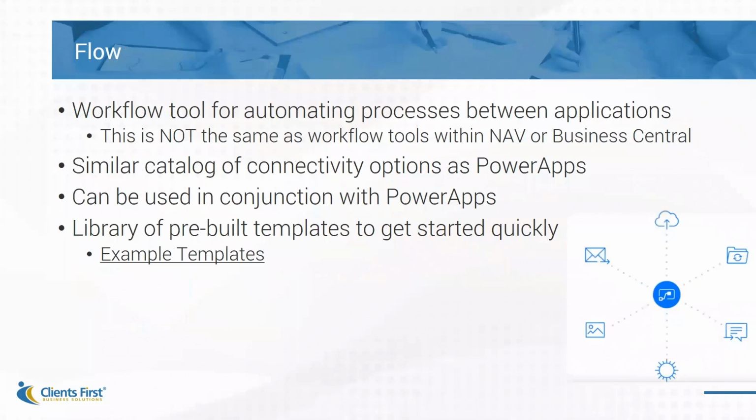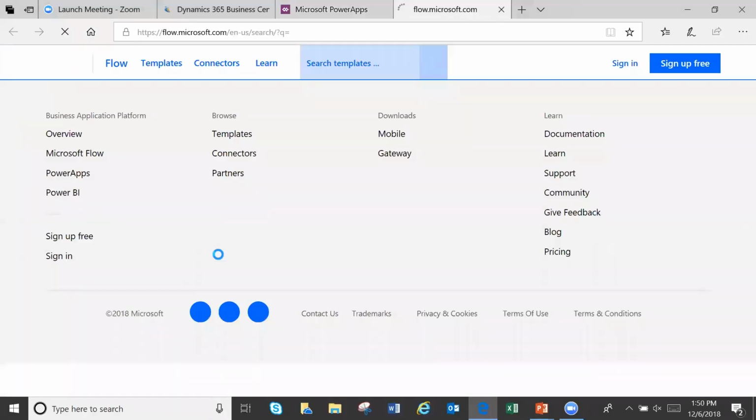In addition, there's a third component of PowerApps called Flow. It is a workflow tool for automating processes, and this is the key, between applications. To be clear, this is not the same thing as the workflow tools that are native to NAV or Business Central. There is a catalog of connectivity options in PowerApps as well for Flow, and it can be used in conjunction with all of the other tools in the canvas. To give you an example of these templates,